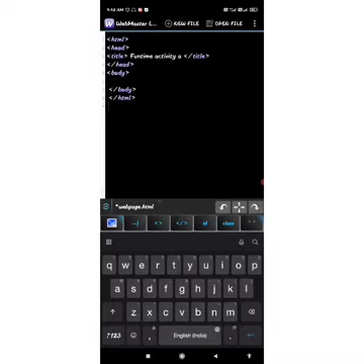Your question, the head and title is not given, but you give yourself. I have given the title as fun time activity A. You can also give. Now within the body you will have to write the output. The HTML code is given as your question, and you will have to find out what will be the output of this HTML